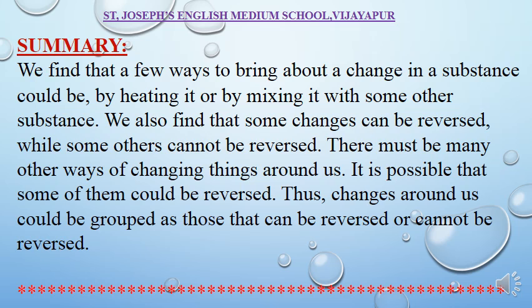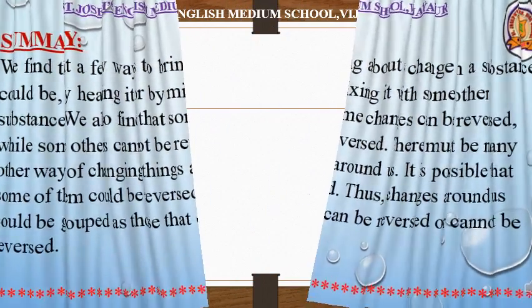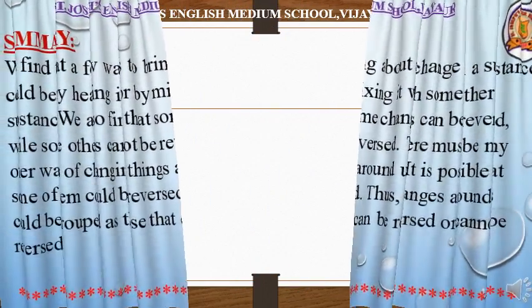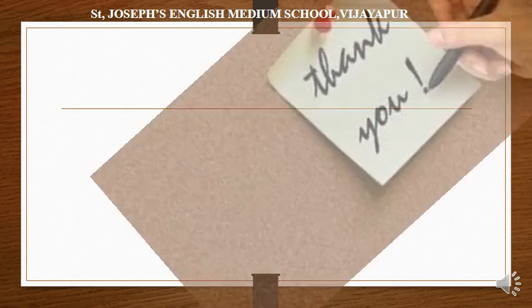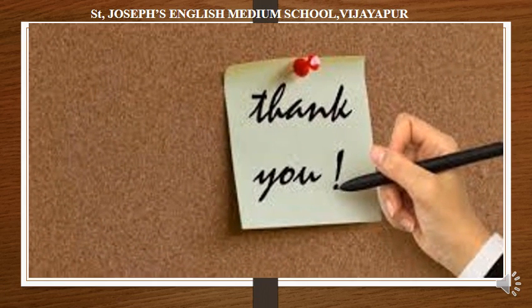This is a very simple and small topic. Here we are going to understand the meaning of fast and slow change, periodic and non-periodic change, reversible and irreversible changes along with the examples. Hope you understood the topic. This is very simple, which we are going to see, the regular changes around us.